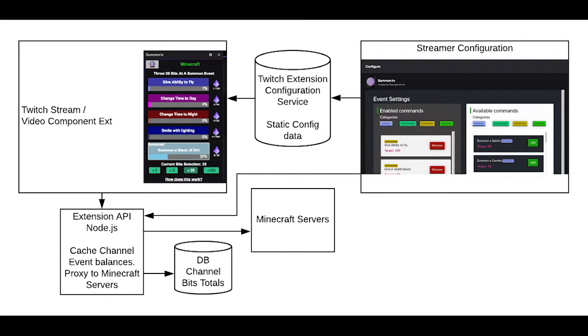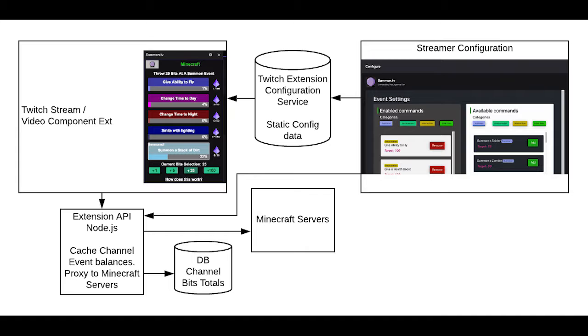We used, where possible, some of Twitch's convenience functions, like the configuration service, to cache really static data for fast load times. And then we set up a custom server and database focused on the targets and bits events for a live session, and scaling to all the viewers that will be watching it. Because the backend could be a little complex, with different protocols, we kept it simple as far as the extension goes, keeping a simple server for it to connect to.